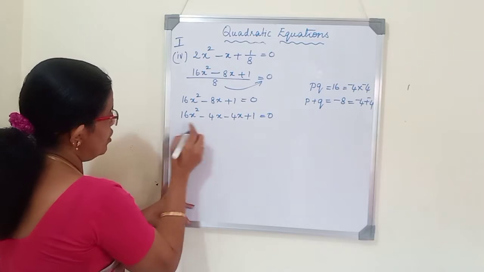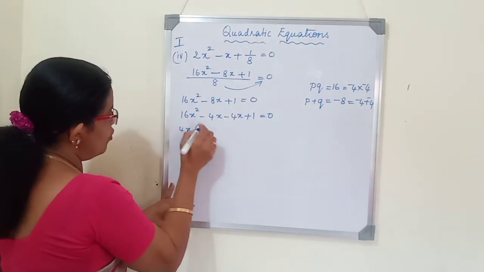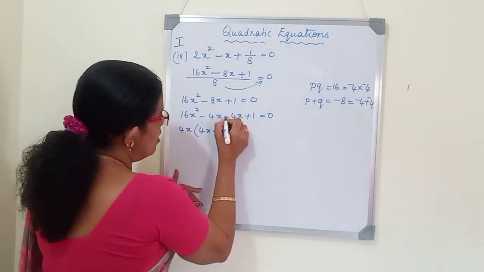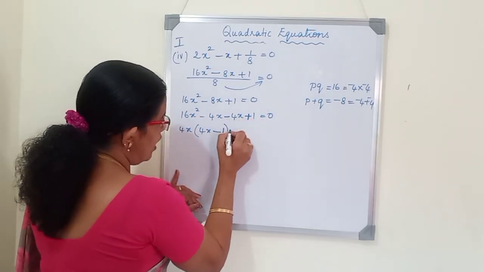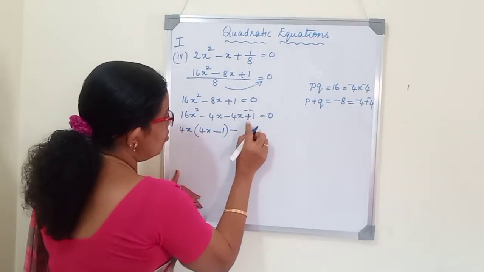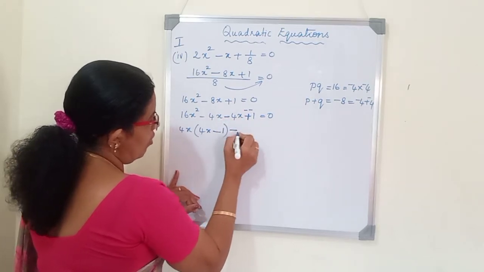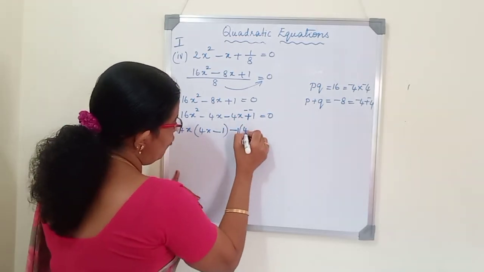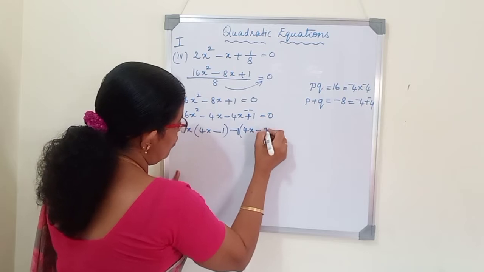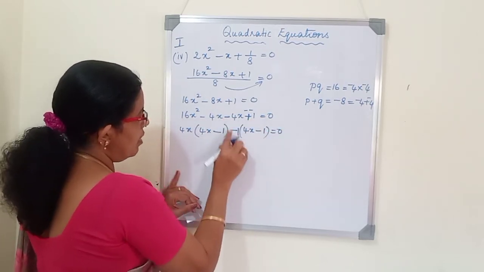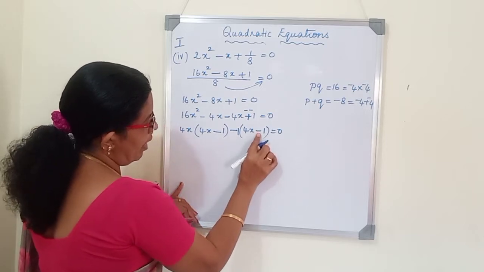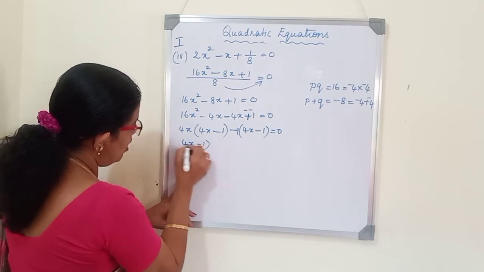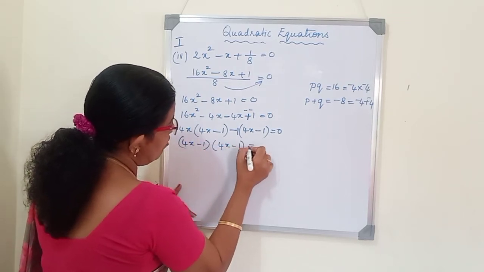Now we will take common from the first two terms. 4x is common. 4 4s are 16 and 1x. Here already 4x is taken outside. So 1 will remain. Here minus and here plus sign comes. We have to take the minus sign outside because minus into minus is plus. So 1 minus sign we will take outside. What is common here? No common factor means 1 we have to write. So whenever minus plus comes, we have to take the minus sign outside, and inside the bracket it will be again minus. Minus into minus plus. Now 4x minus 1 into 4x minus 1. That is the same factor we will get.